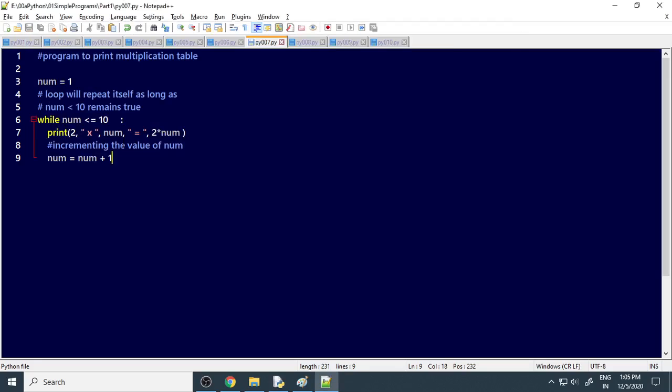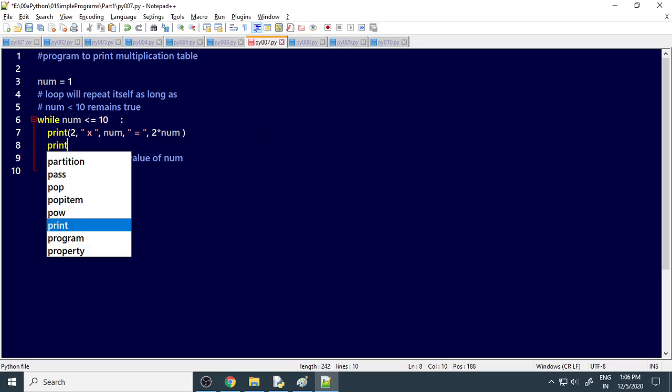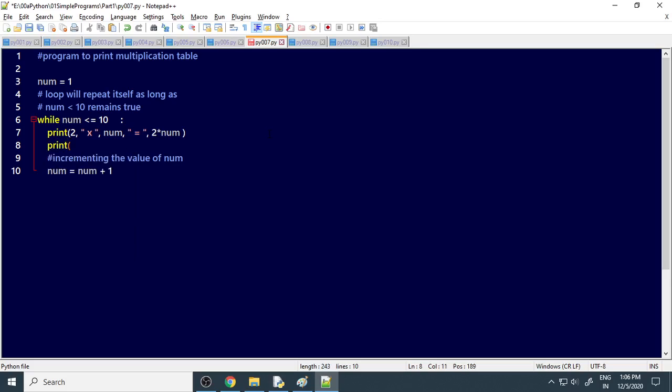How do we do the align? If you want to do the align, then you have to use the format function. There is a video for that. If you have not yet watched, please watch that video. So now here, first the number 2 is constant, right? Then space into, then the number has to come here. Number should align to the right side.